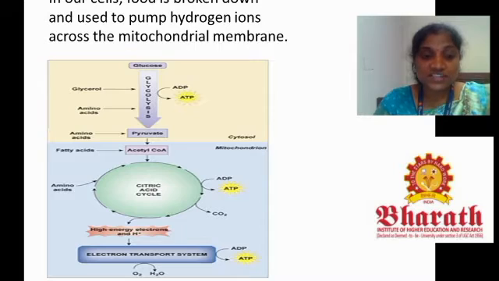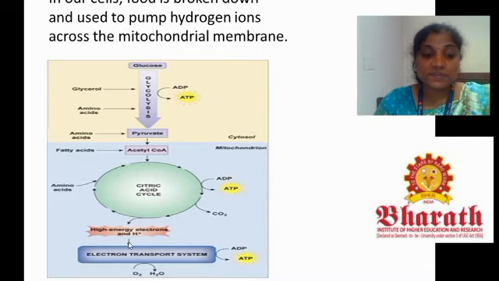So why is it mentioned as a cycle? Because the starting and ending product are the same. It starts with oxaloacetate and the process also completes with oxaloacetate. For two pyruvates, the cycle is completed twice. So that is called the citric acid cycle. That is the third step in cell metabolism.